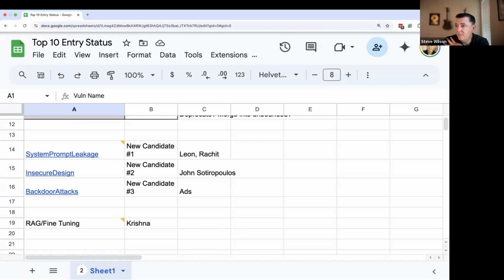Let's see. I see I'm getting some messages here. The bypassing system instructions using prompt leakage, that's me shortening this down to that. So I think that is the one. Aditya, did you write the one for that previously?